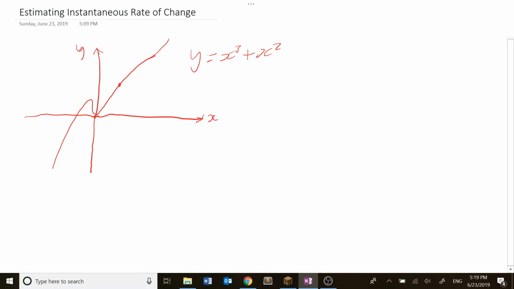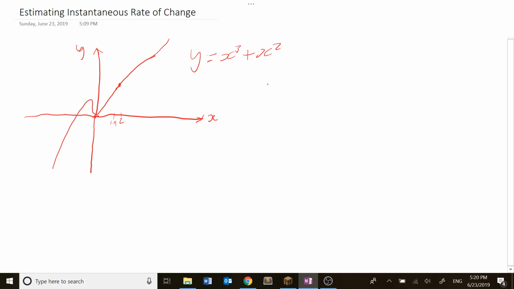So, that point's 2, what we often do is estimate the secant between this point and, say, 1.9, and then the distance between those 2 points, the average rate of change between those 2 points. Get a fairly good idea of what the rate of change is going to be. So in this case, if we're using this example, the average rate of change, as you know from my last video, is